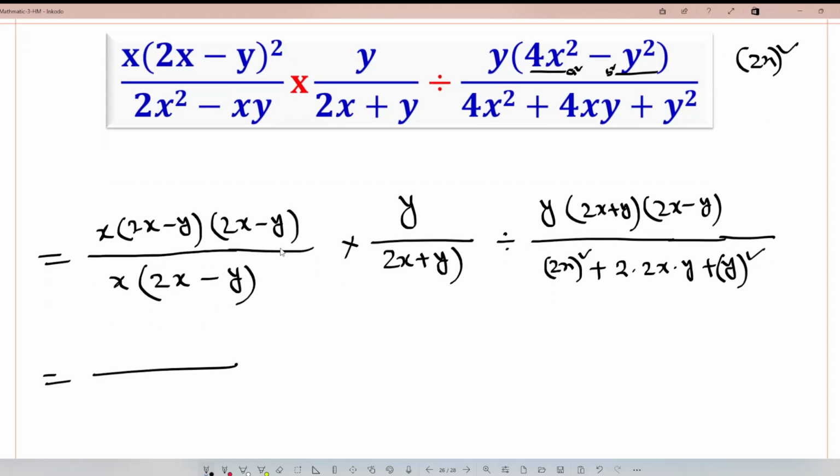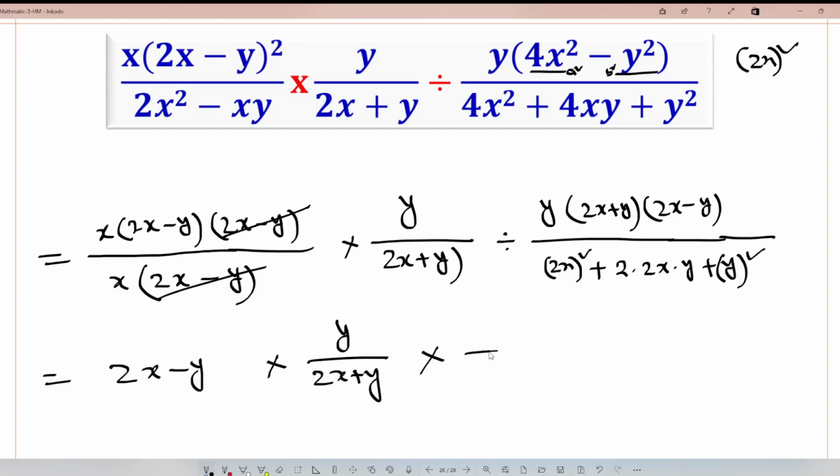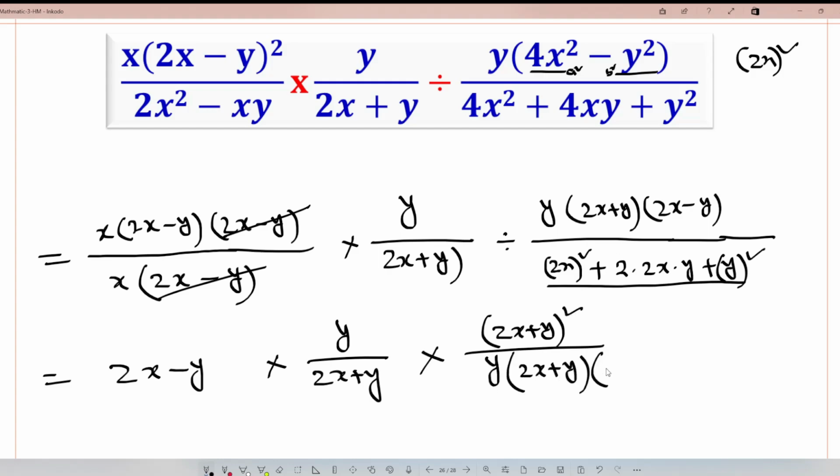So here, we can cut this one, 2x minus y and 2x minus y we can cancel. So here is x times (2x minus y) divided by x times this, x and x we can cut. So here is only 2x minus y, and here is y divided by (2x plus y), times this one will become (2x plus y) whole square, and here is y times (2x plus y) times (2x